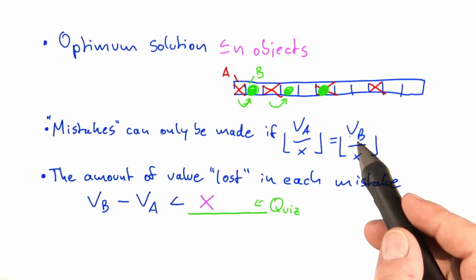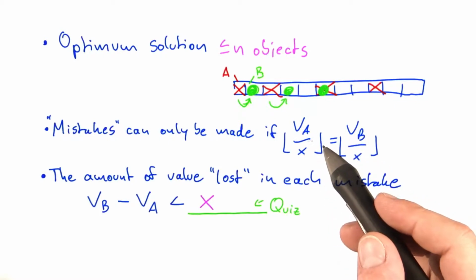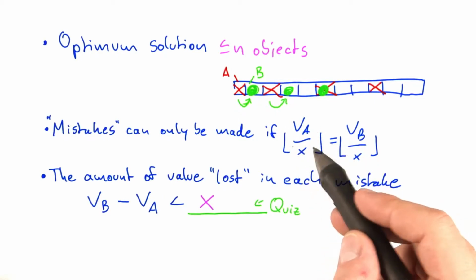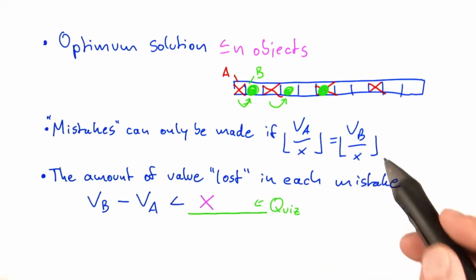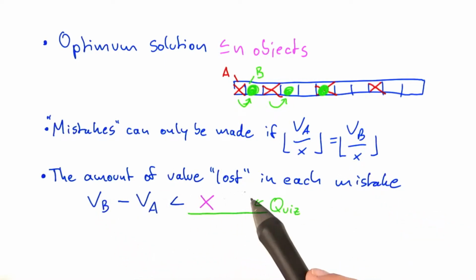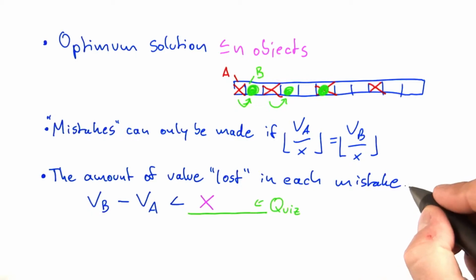And the answer is that the difference in values can at most be x. So if the difference in value between b and a is larger than x, the value of a divided by x and the value of b divided by x would round down to different numbers. So that's why we know the amount of value lost in each mistake that we make is actually smaller than